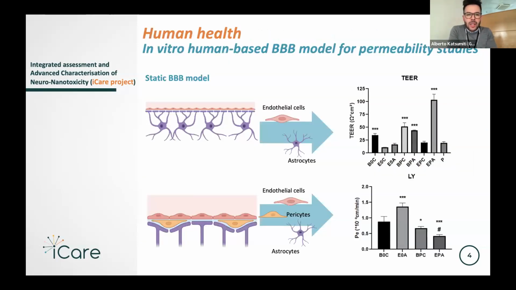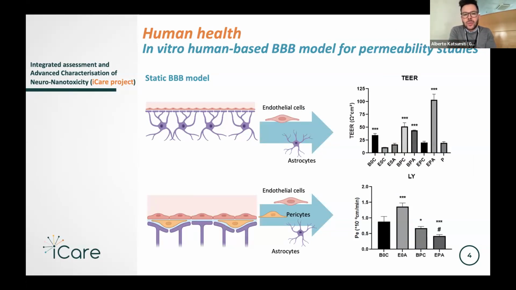So going through these slides, especially in the human health part, in this first slide I'm showing the initial strategy that we are applying. We are in the very initial phase of this development. So basically, in this first part, we are exploring 2 types of models: static models for the BBB and also a model based on microfluidics that you see in the next